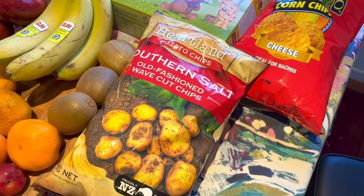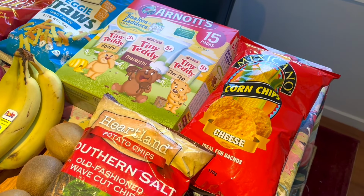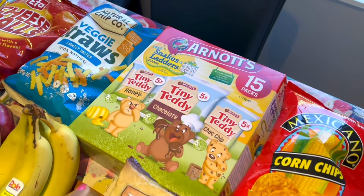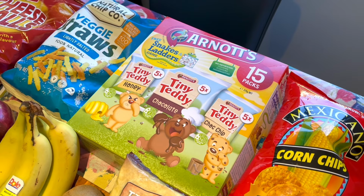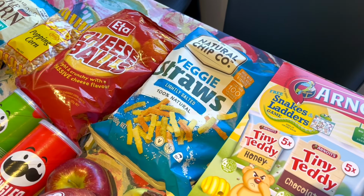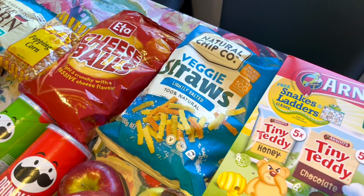Right after that, we've got some chips because it's a great snack. I also have corn chips because I like to serve it with guacamole or salsa. It makes a great snack. These tiny teddy cookies are for our son, but I have tasted it and it's actually quite yum. So we get a few boxes of those sometimes. And then the Veggie Straws, another great snack, and it doesn't have any added preservatives and random bits and pieces,